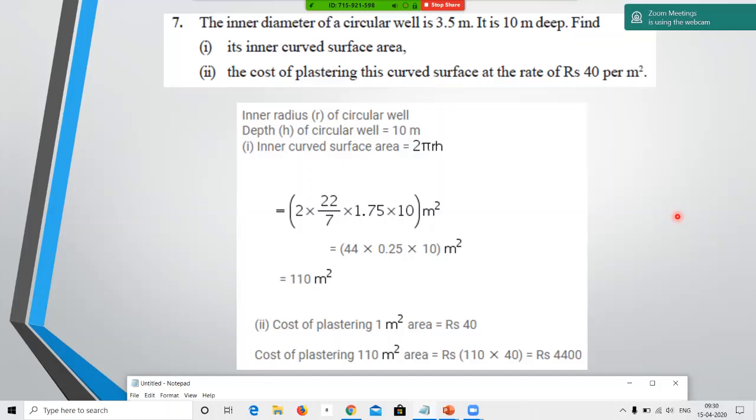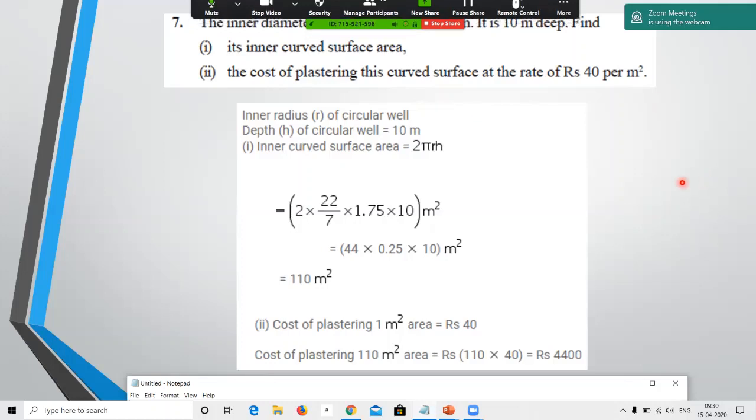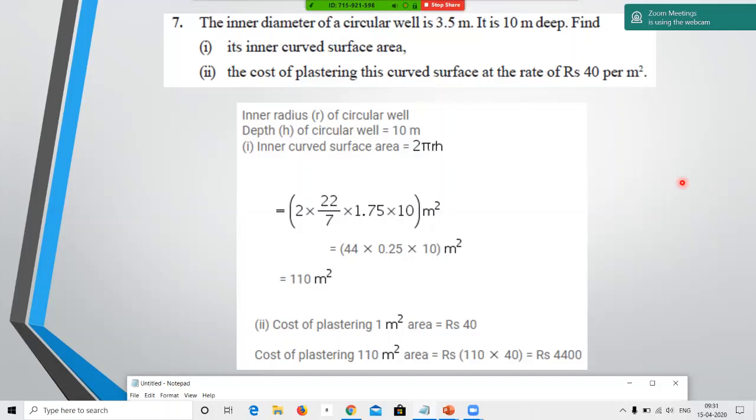Ma'am. What about the outer curved surface area? Until and unless they tell you, we will not touch the outer part. If they tell you, you have to find only the inner one. Here we are only talking about the inner one. If they specially mention to you that you are plastering the whole of it, outside also, inner also, understand the sum. Don't go beyond the box. Yes. Okay. Shall I move to the next slide? Yes, ma'am. All of you? Yes, ma'am.